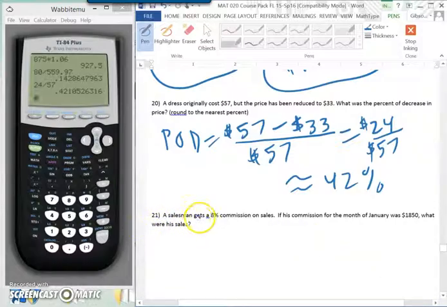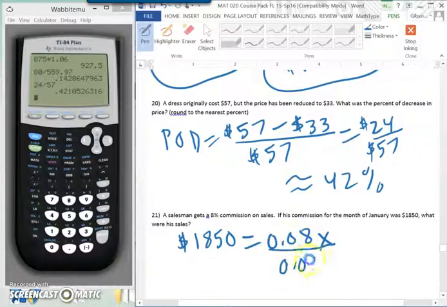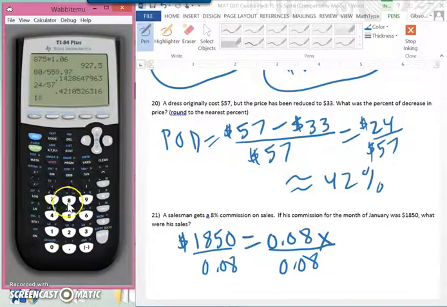Now we come to 21. A salesman gets 8% commission on sales. If his commission for the month of January was $1,850, what were his sales? So we would take our $1,850, which would be the commission, and that's equal to the commission rate, which is 8%, times the amount of sales that this person had. So now we need to solve for x, so we'll divide each side by 0.08. And then we will put that in our calculator. So we had 1850